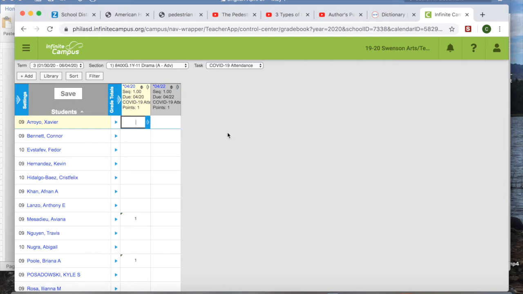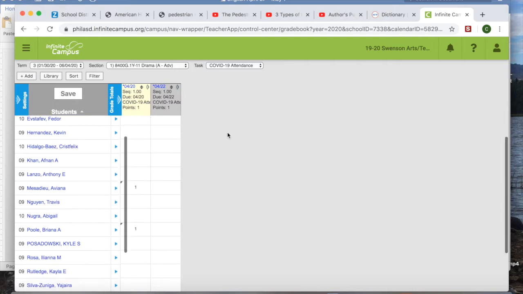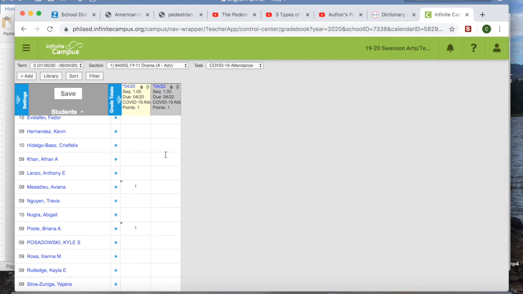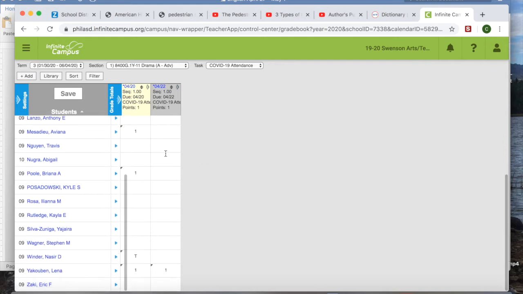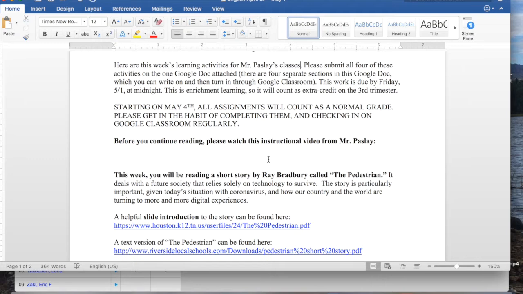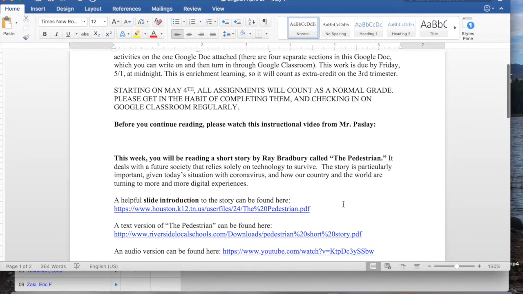The students who are checking in through their student portal are getting a 1, which means they're getting a point for the day. And checking in gives you a point, and then if you check in and complete the work, I convert it to a T, which means you turned your work in, and this is more points. So that's how that's set up. So make sure you are going into your student portal, logging in every day so you can be getting your attendance credit.